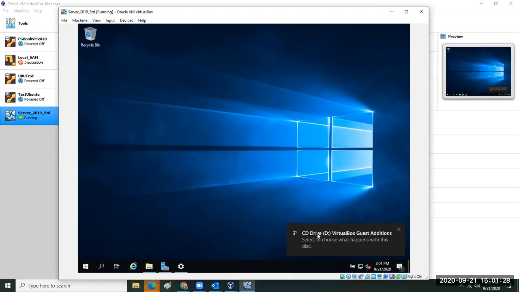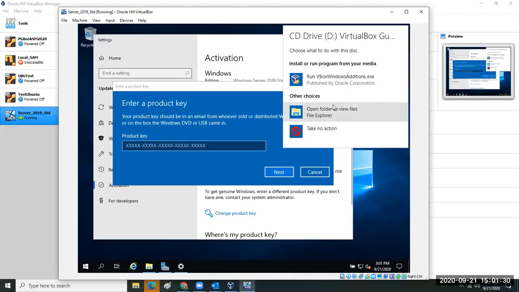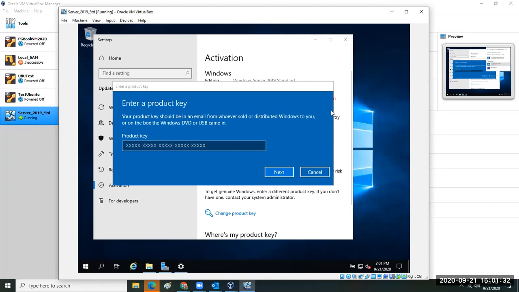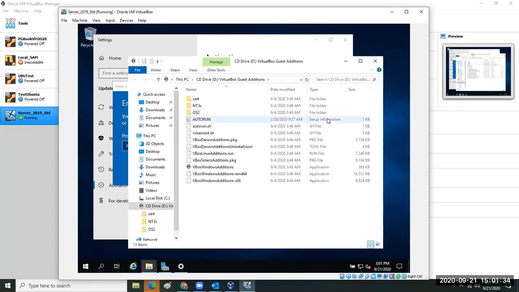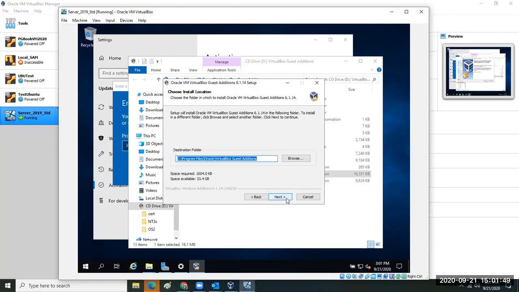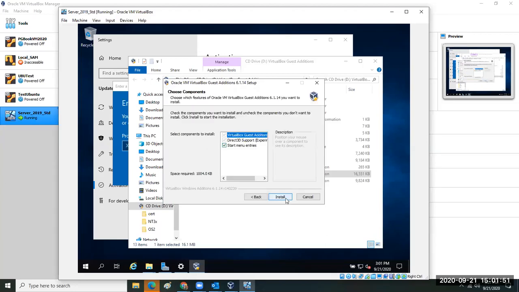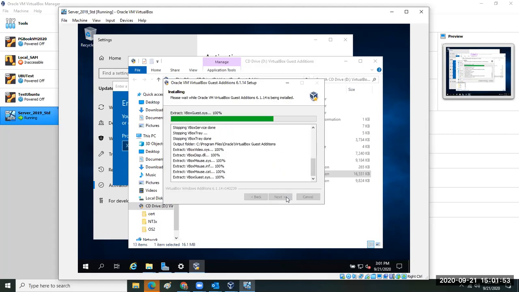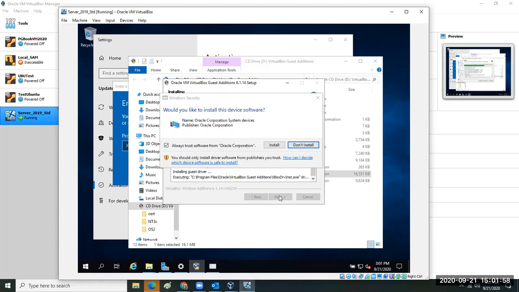This pop-up will appear, and I'm going to select this and say Open in File Explorer. Once open in File Explorer, I'm going to select the AMD64 option, right-click, and Run as Administrator. So this is going to load the guest editions. That's going to allow the drag and drop and copy and paste in shared folders and such. I'm going to click Next and Install, and this provides a bridge of connectivity between my virtual system and my